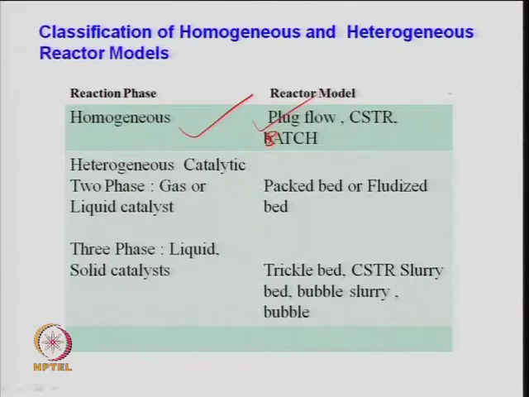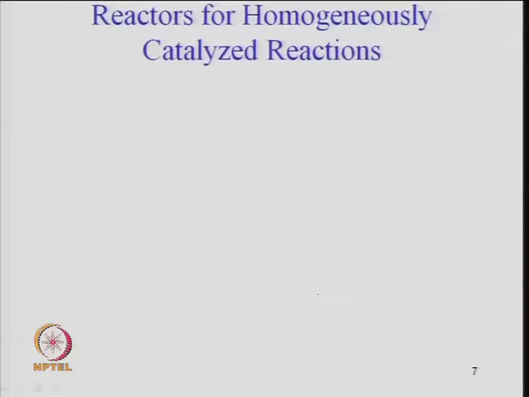And if you look at the three phase kind of system, then the trickle bed reactor is especially used for hydrodesulfurization reaction, removal of sulfur from hydrocarbon fraction, which is important for the refinery to reduce the sulfur to a certain level. And in that case, the trickle bed reactors are a kind of packed bed reactor at low gas and liquid flow rate. So, I will talk on that later. It can be a kind of CSTR, slurry bubble column reactor, slurry reactor, right, or it can be just a bubble column reactor if it is just a two phase system. So, different kinds of reactor systems can be used for heterogeneous catalytic reactions.